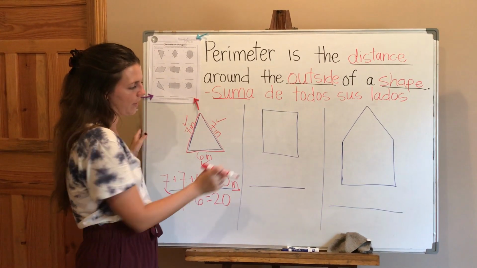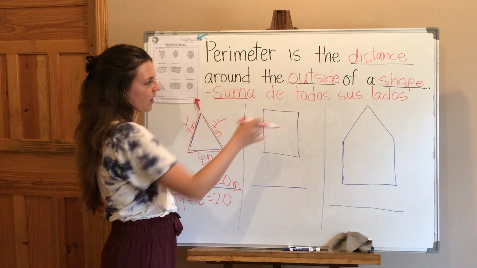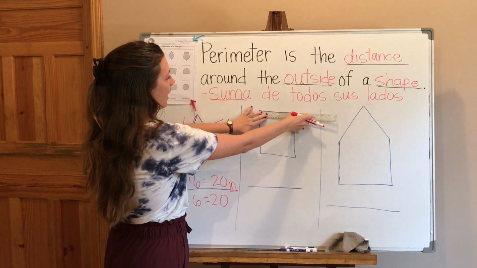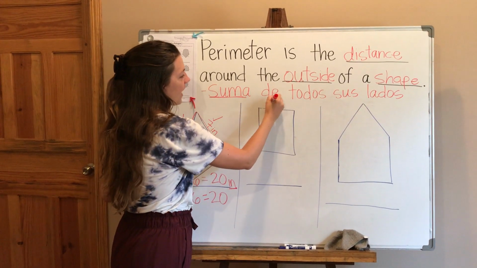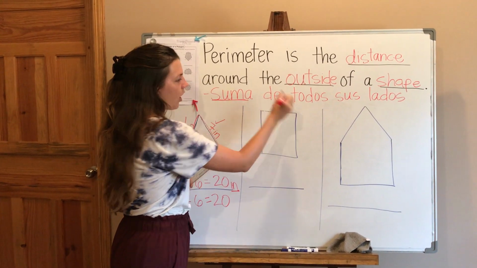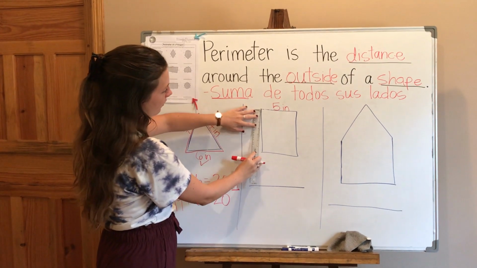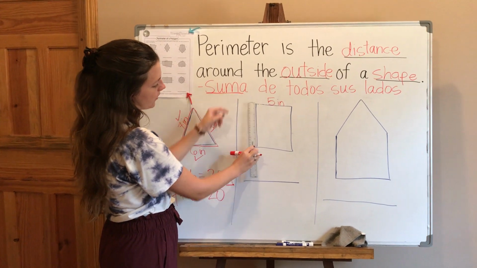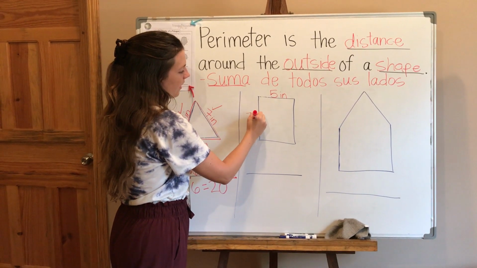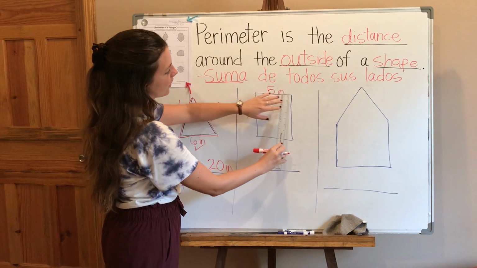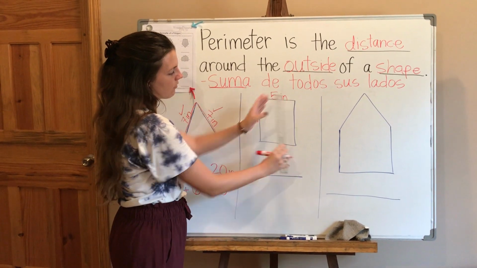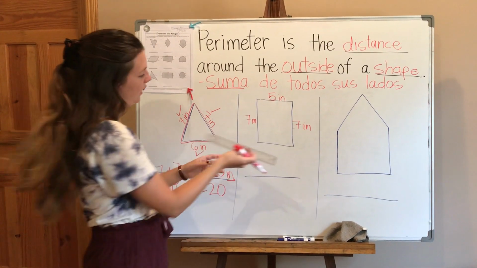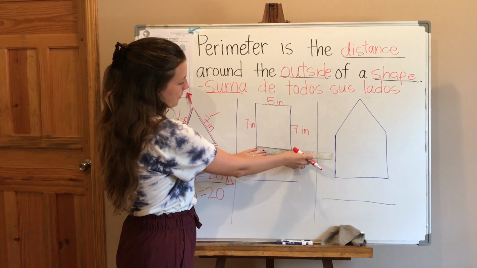This is a rectangle because these 2 sides are the same and these 2 sides are the same. Let's measure to prove it. I'm lining up with the ends, and I can see that this is about 5 inches long. Okay, and over here, this side goes to the 7 when I line up with the start. So this is 7 inches. Over here I should get the same measurement because on a rectangle, the opposite sides are the same length. And down here, about